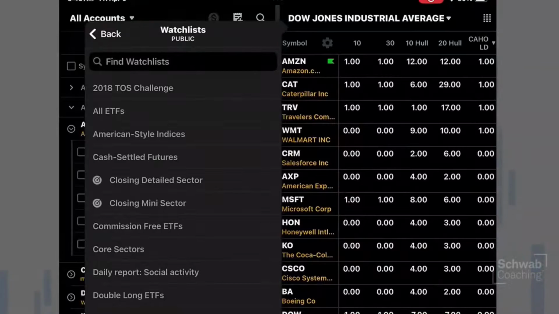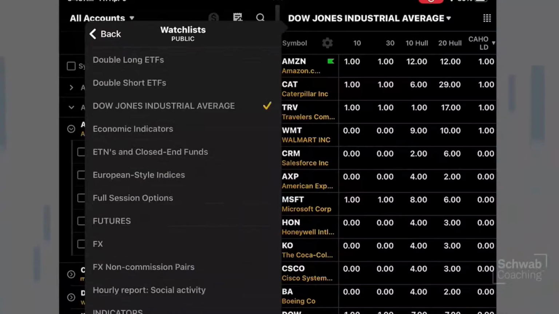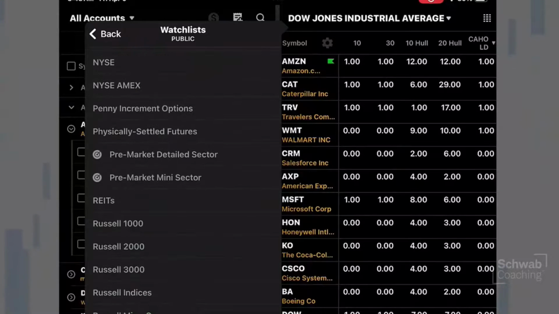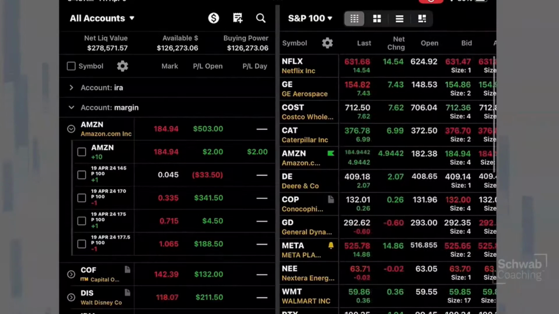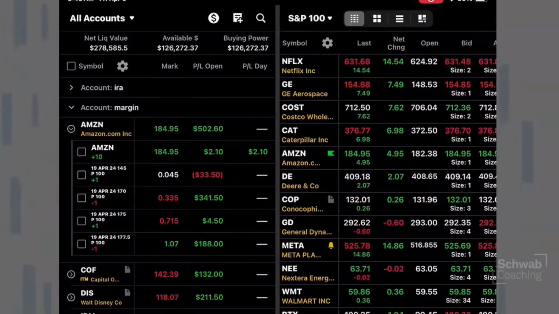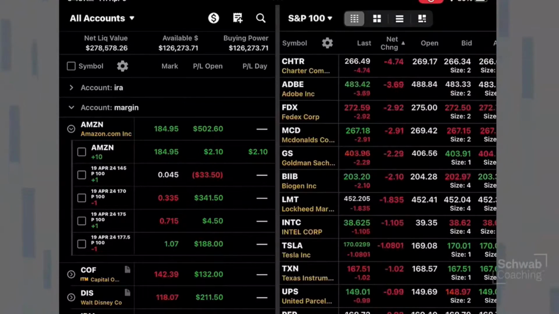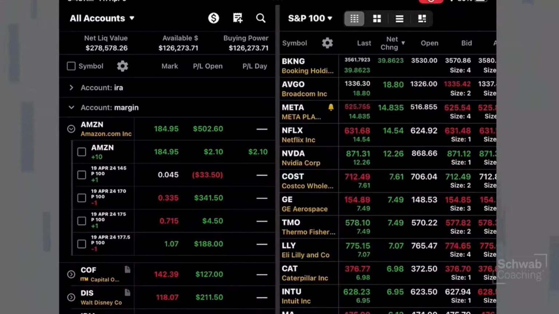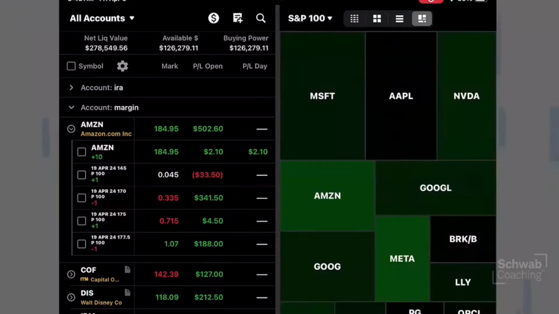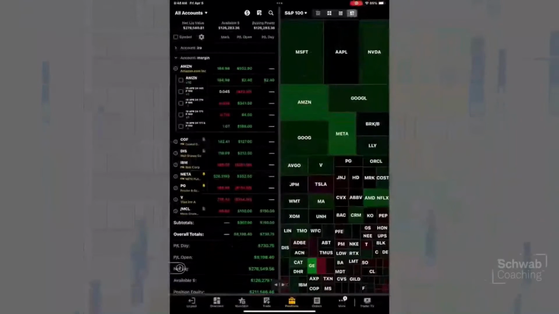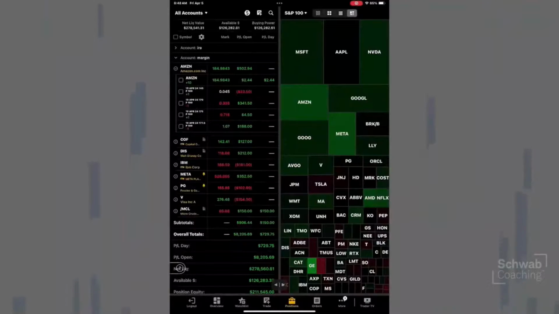When I click on Dow Jones Industrial Average, in closing, what you're now going to notice is we're on the public list. Let's say we want to go down to the S&P 100. And now what it does is it changes it to the S&P 100. We could see the list of stocks, and we can also rank them by the net change or however we want to rank them. James, I want to also look at the heat map of the S&P 100. What's moving? There's Meta moving pretty well, AMD, Netflix, et cetera, GE, okay?